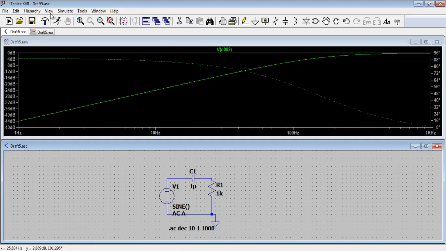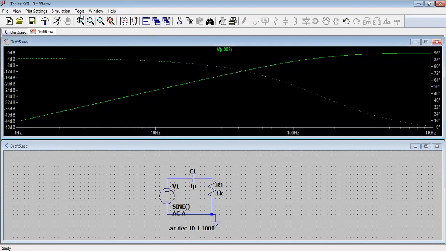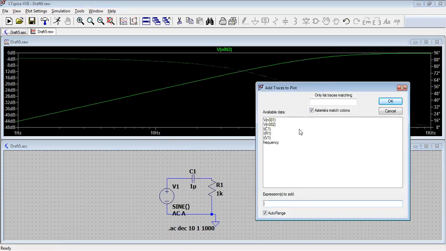So let me go to the trace value. If I click here, I can get the plot settings. In plot settings, let me go to this trace value. So this is my VN2. If I divide this by the VN1, that will give you the gain. VN1 is what? This V1 voltage.